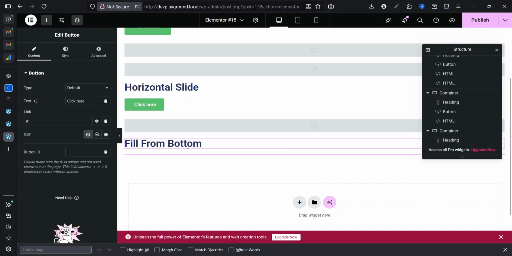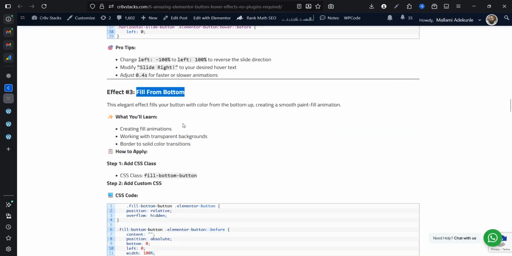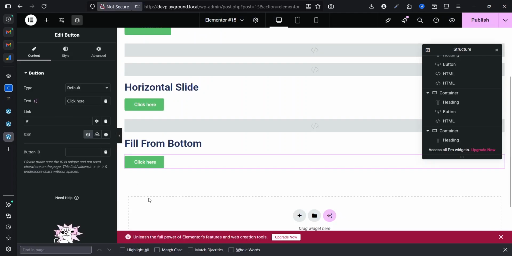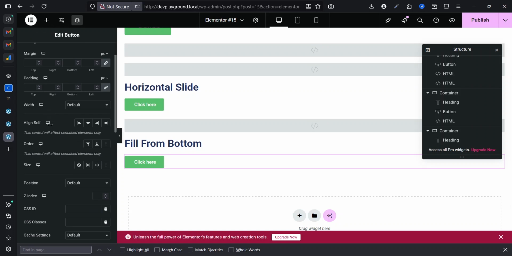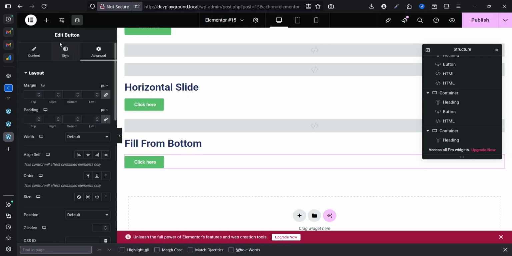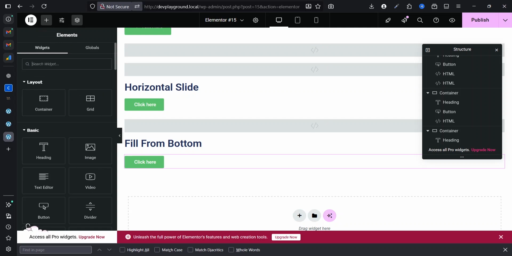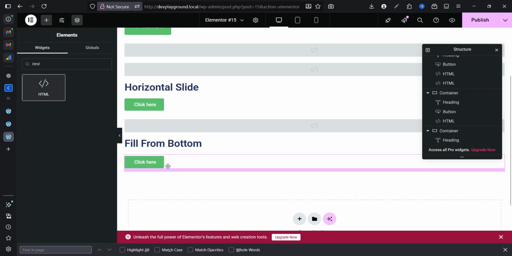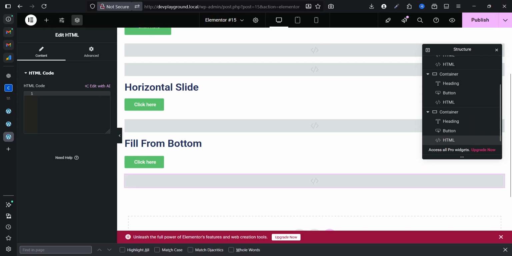We have the view from bottom. So I'm just going to drag the text widgets down here and I'm going to name this as well. I'm going to drag the button below it and I'll go back to my website and copy the CSS class. This is actually a bit more straightforward from here. So I'm going to come to the advanced section and put in the CSS class there